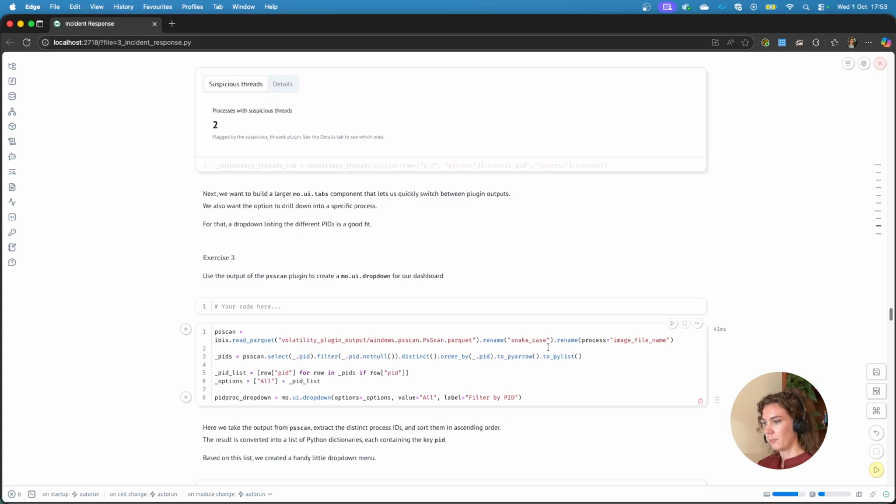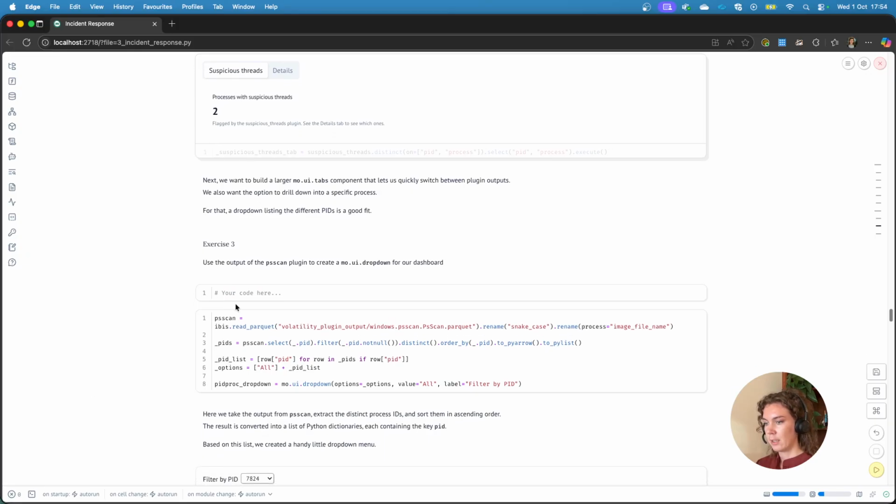And then we're doing the to pyarrow operation to get the actual data frame. And then we're doing to pylist to get a list of dictionaries. So that's not a regular array, but it's a list of dictionaries at this point with just the different PIDs. Next, we're iterating over that dictionary and extracting the values and assigning them to this variable here, PID list. And then we're concatenating the value all at the beginning of the list so that you have the option to choose